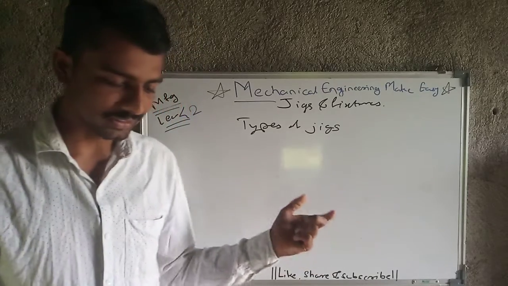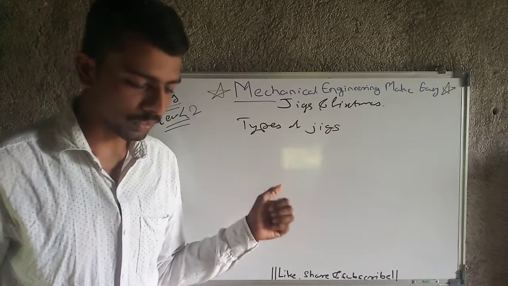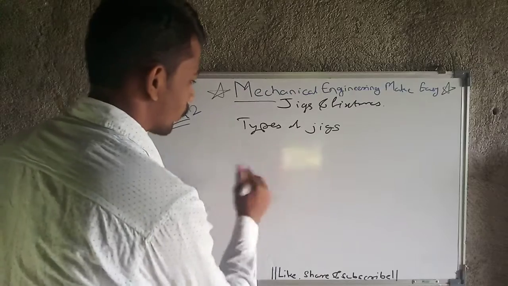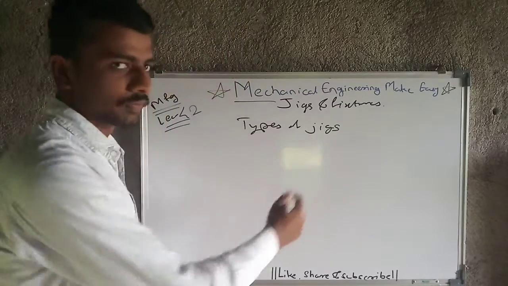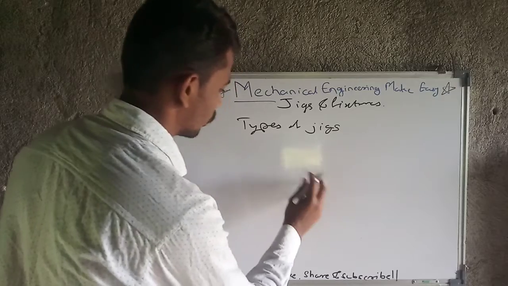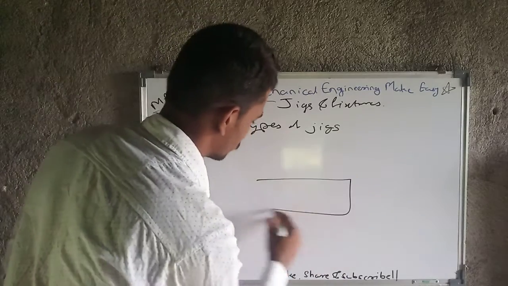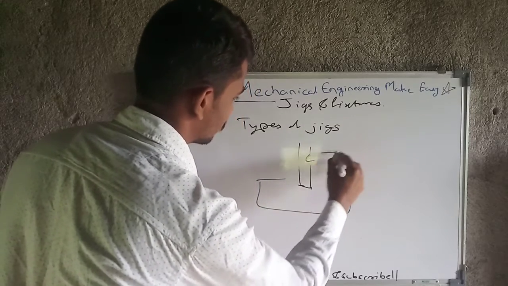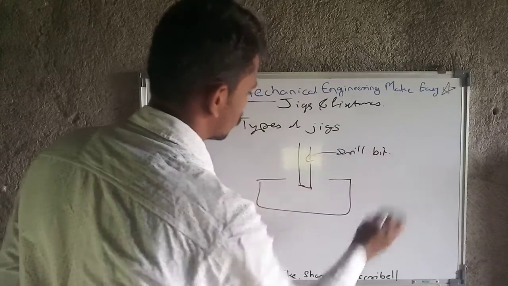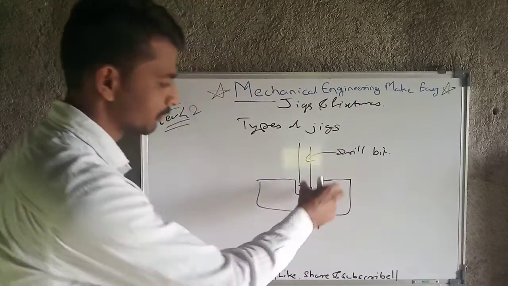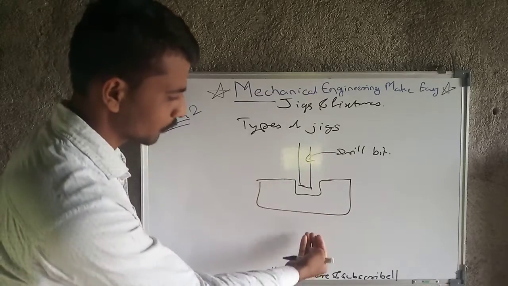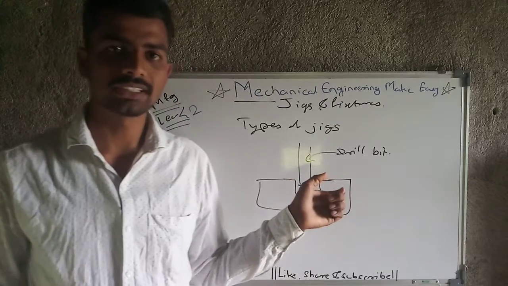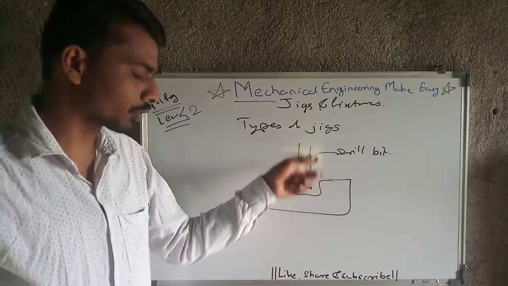So there are different jigs like drilling jigs, and in that also open or closed types, with operation on one side. What is the case for a drilling jig? The jig will allow operation only from one side. If there is such a jig, then the operation will be allowed only from this side. This is a drill bit, for example, and this is the jig, so the operation will be allowed from this side only, not from this side. This is the open and closed type jig, and in the case of a drilling jig, operation will be allowed from only one direction.